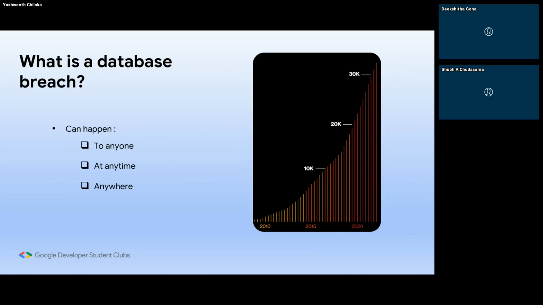As our devices get more connected, data can slip through more easily, and new technologies are being created faster than we can secure them. A prime example of this is IoT devices, which show us that we prefer convenience over security. In this graph, we can see that over the past decade, database breaches have been increasing exponentially, and this is not something to simply overlook; it's a serious issue.